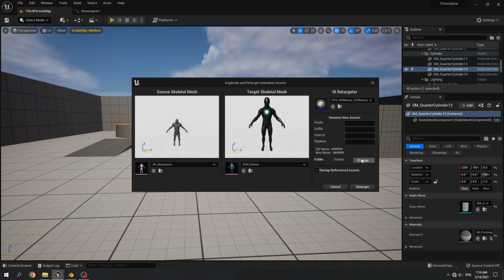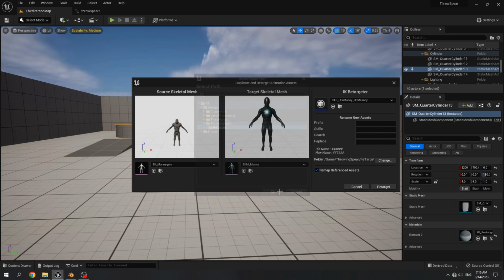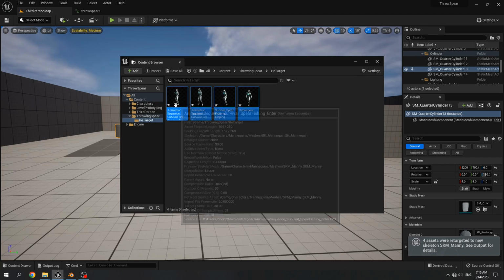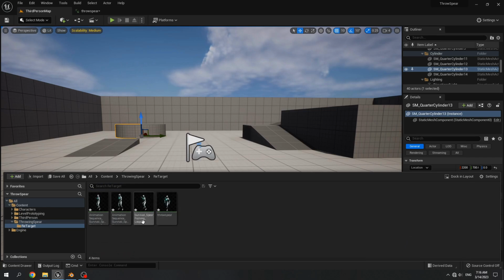Then for the folder, click on change, select the retarget folder and click OK. Select retarget. Now we get the UE5 animation.